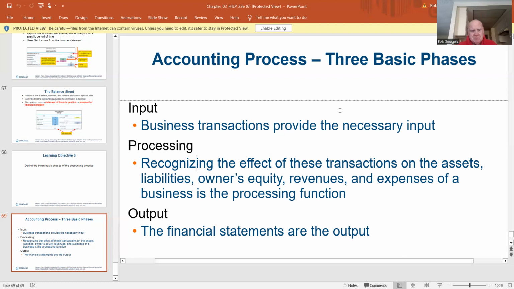Think of it this way: you could start a business with no cash. You can start a business by putting machinery into the company, let's say, okay? You have no cash, but you have a couple of darn good machines and you have some raw materials. So you start your business with an increase in machinery and equipment and an increase in equity. There's no cash at all, okay? Then you make a sale for cash. The equity is going to go up, and now the equity includes the machinery plus the cash. Okay. All right.